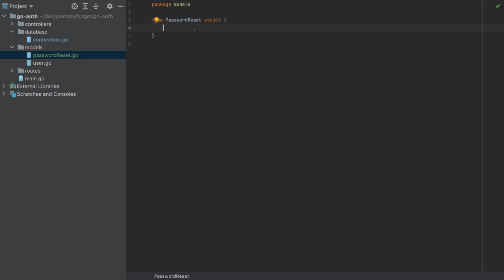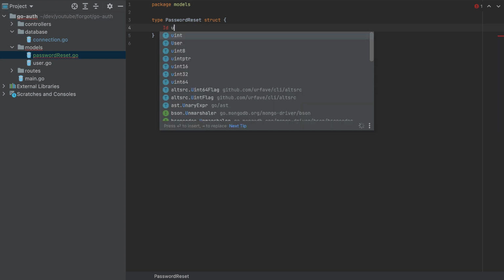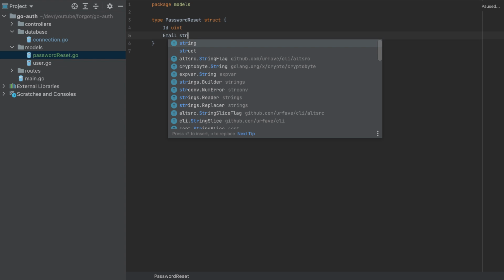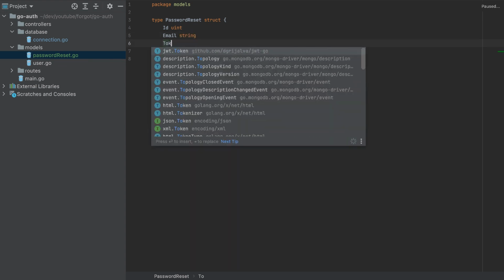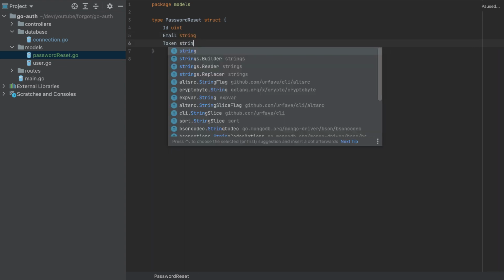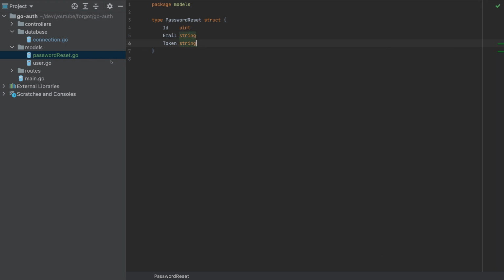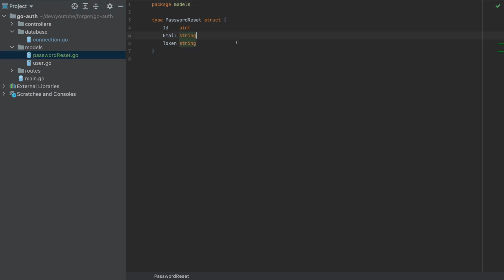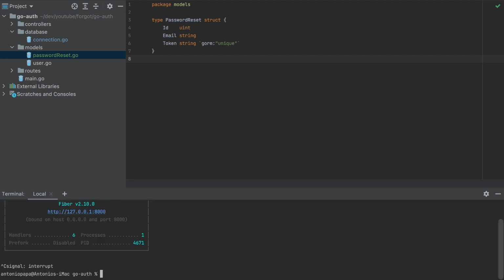This will have an ID as an unsigned integer, an email as a string, and a token as a string. And that's it. So the token in this case should be unique, so I will add this line here. I'll remove this JSON because this object we won't return as an API. This is just to create the table. So I saved it, and